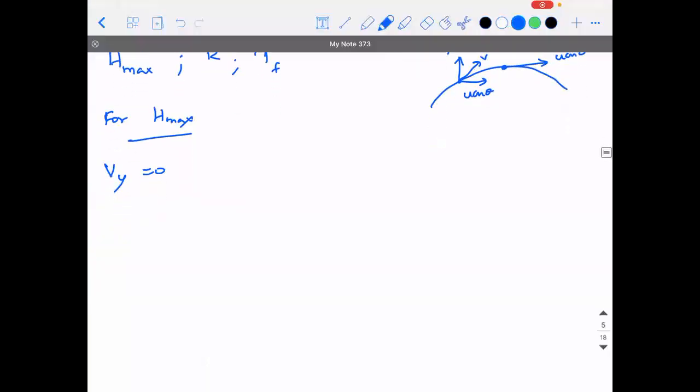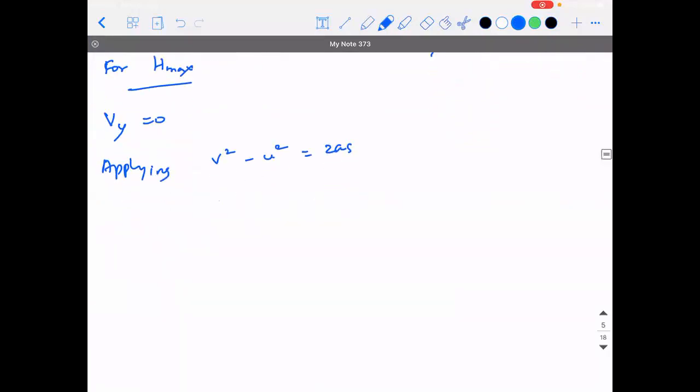So Vy is 0. Applying v square minus u square is equal to 2as along the y direction. You can put a suffix as y or x depending on which one is a vector quantity. Don't put this for a scalar quantity. So Vy is how much, guys? 0. So 0 square minus uy square...